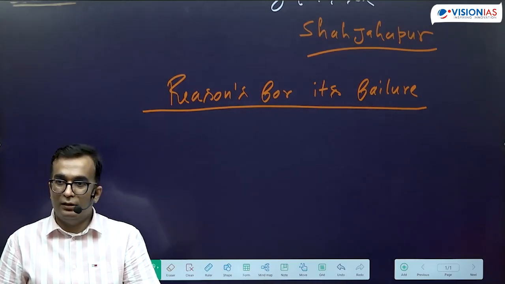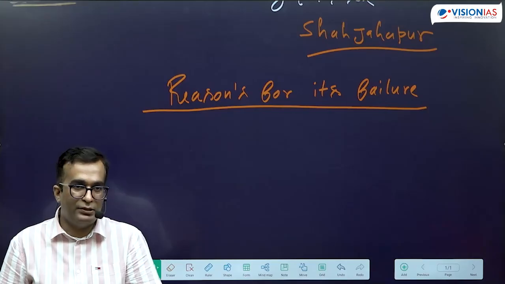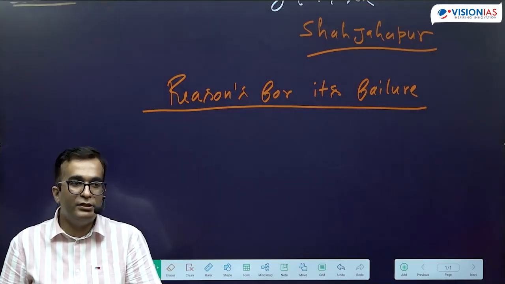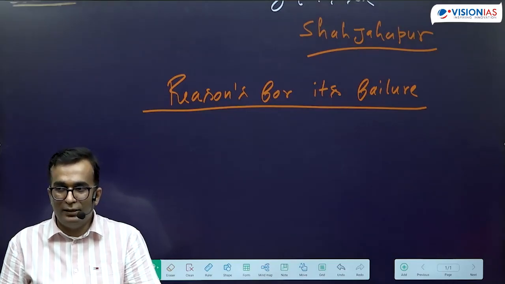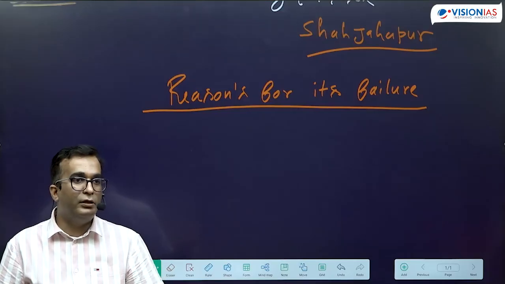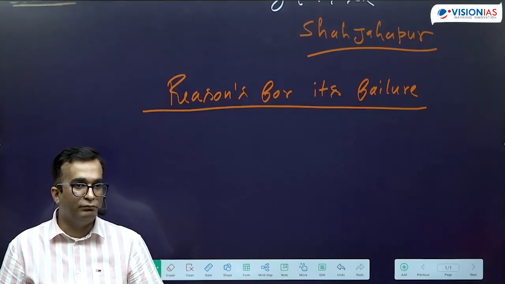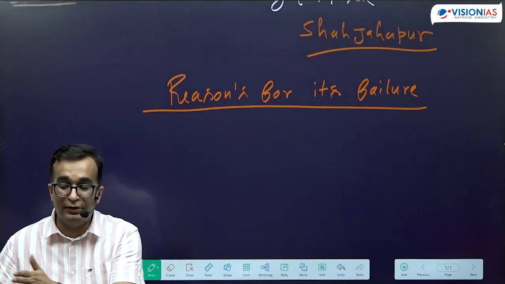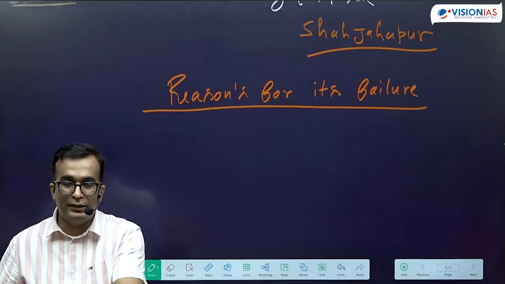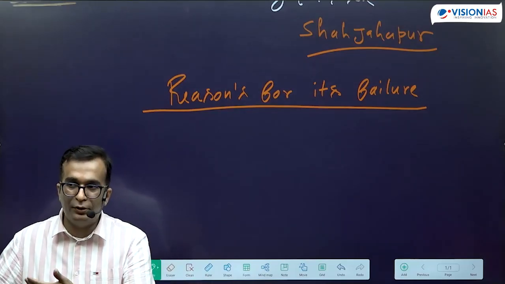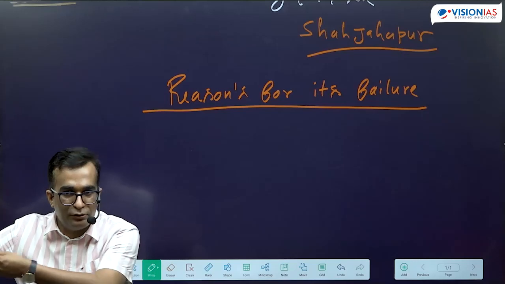Another thing we need to understand: when the revolt is happening, what is the immediate reason? The immediate reason is the rifle episode. And the rifle was not introduced in all the cantonments, in all the units of the army, immediately. The rifle was introduced in February, say, in Delhi, then in March in some other area. It's all related to production, as the rifle is produced, it is introduced at some places.